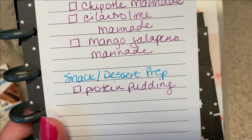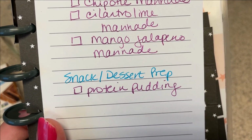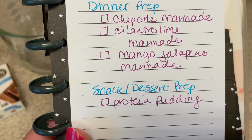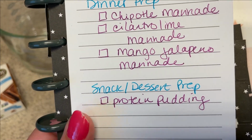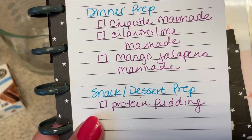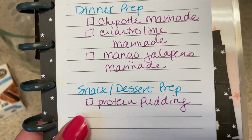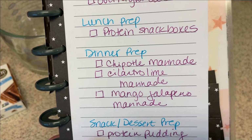And then for my snack and dessert prep, I'm going to try a protein pudding that I saw on TikTok. So we'll see how that turns out. If this turns out really good, honestly, the possibilities are endless with the flavors you can do. Well, not necessarily endless, but y'all know what I mean. Okay, so let's get prepping. We are going to start with the